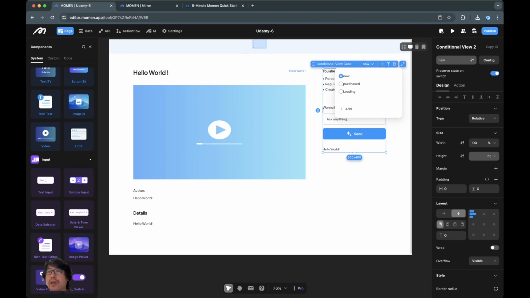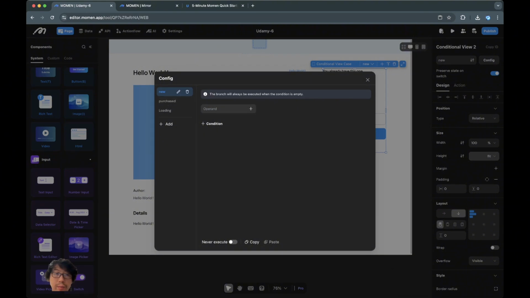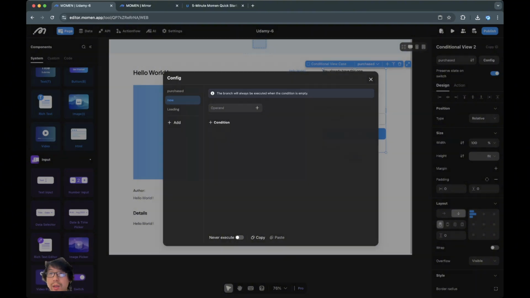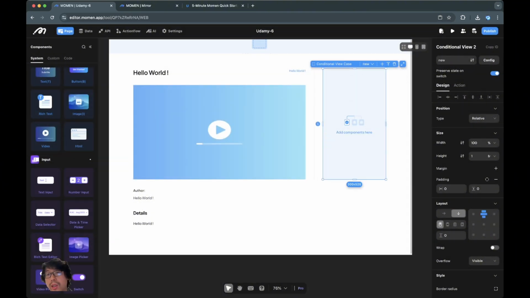And this one, we're gonna have the... Well, I should rename this. This is when it's purchased. So let's call it purchased, and then we change this to new. Okay, when it's new, we are going to have